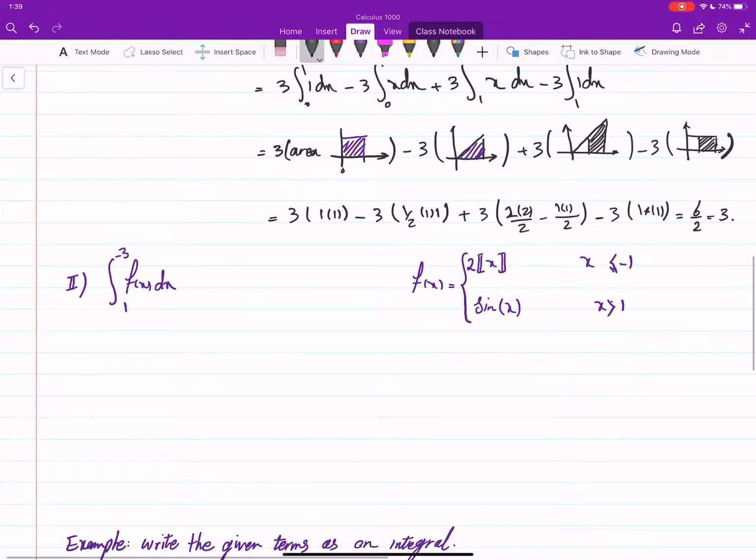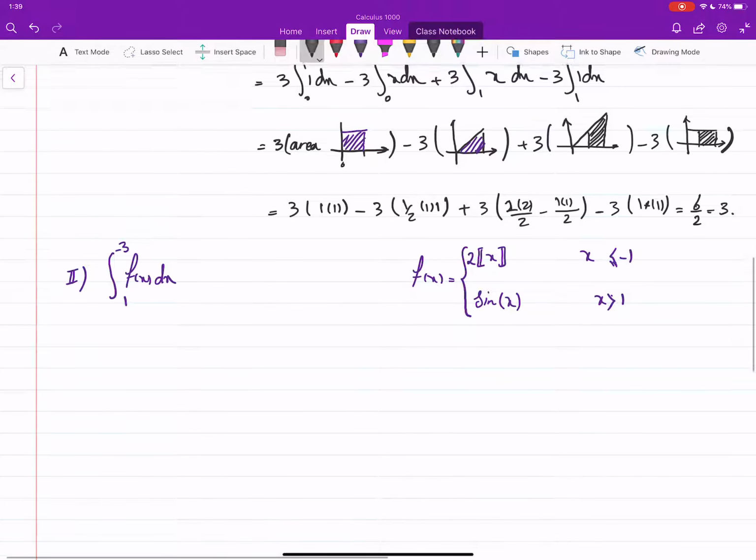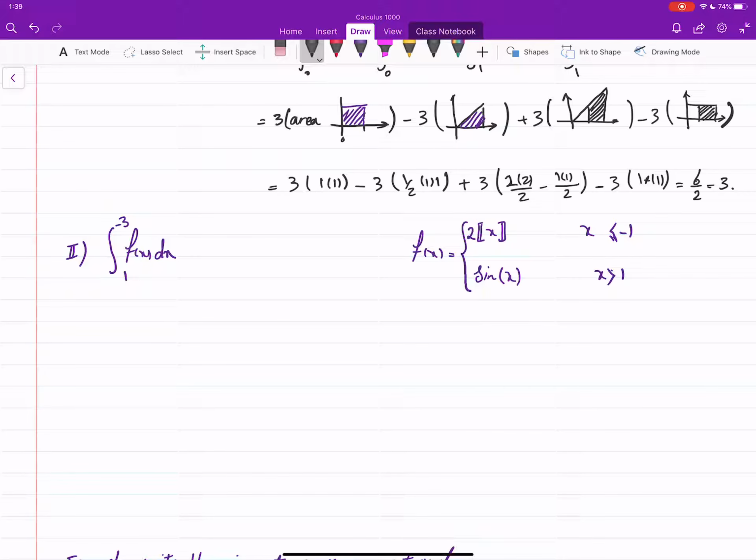For this one, this is obviously a piecewise defined function, and for a piecewise defined function, it's better to separate the domain of integration into pieces on which we have only one formula. Before I do that, I noticed that the upper limit is less than the lower limit, so I can switch those. This way I have a regular integral, and I can go from -3 up to -1 of f of x,